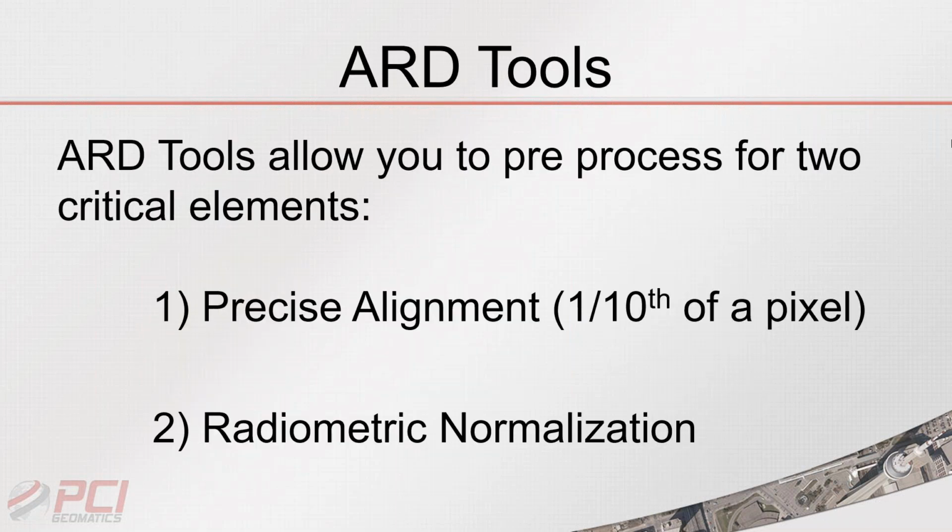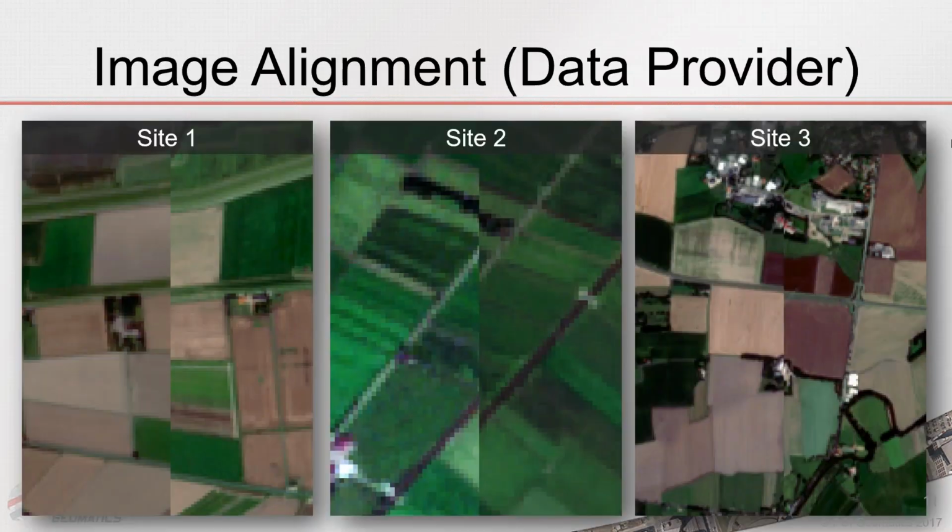So just to drill down a little bit more into some examples and why we would want to do this. ARD tools allows you to do two things within our environment. If we simplify a little bit: precise alignment down to 1/10 of a pixel, and radiometric normalization. So here we see image alignment that's